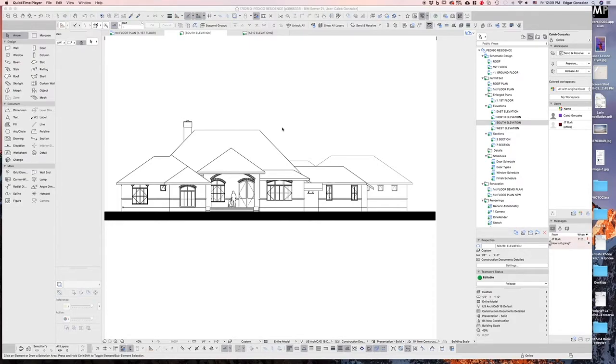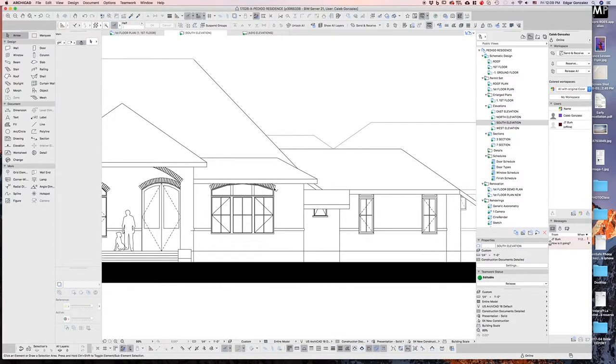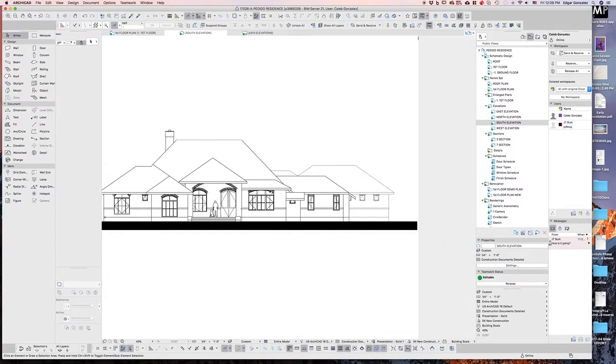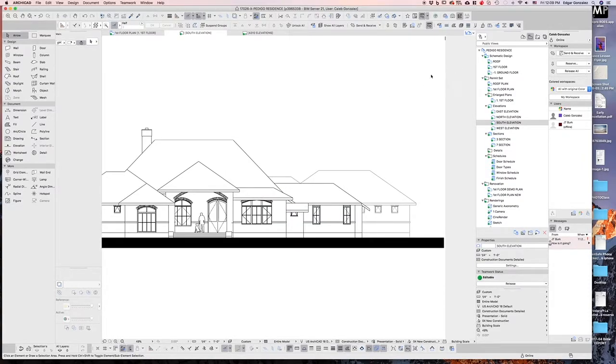So I'm going to explain some basic concepts and see if that helps. I have here an elevation coming straight from the model. This one doesn't have anything enabled. It's just the drawings, I mean the lines, just projecting from the view. Now I have to explain first